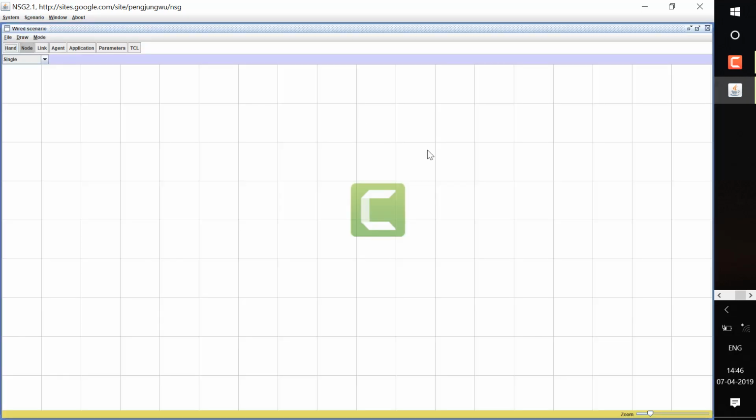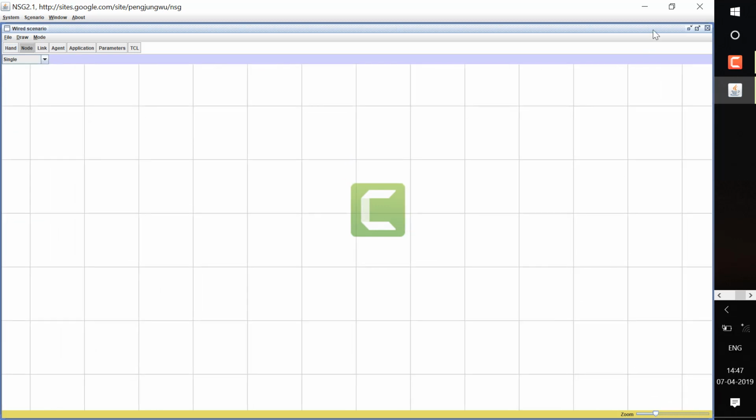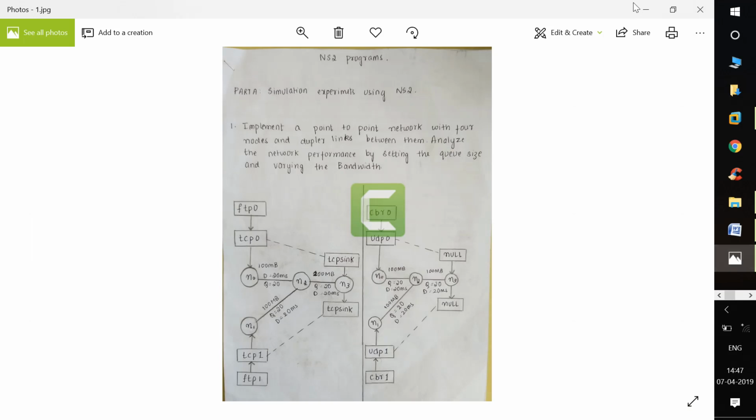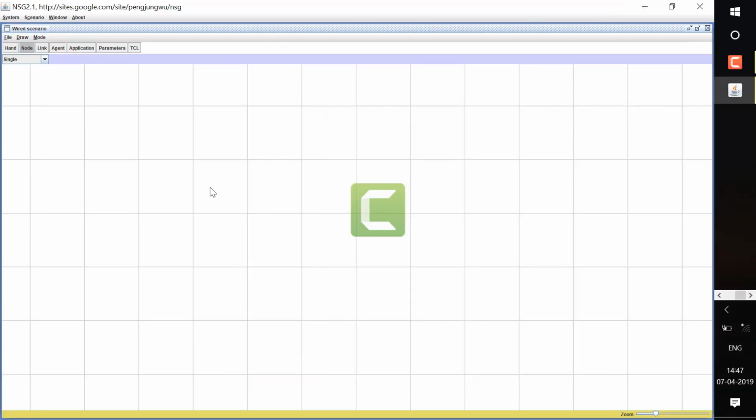Here the first experiment is related to the wired program. Just click on this wired scenario. I'll zoom in here. Let's see how to create the network which we have just studied. Initially, there are 4 nodes, so we will create 4 nodes. Just highlight node, click here: N0, N1, N2, N3.